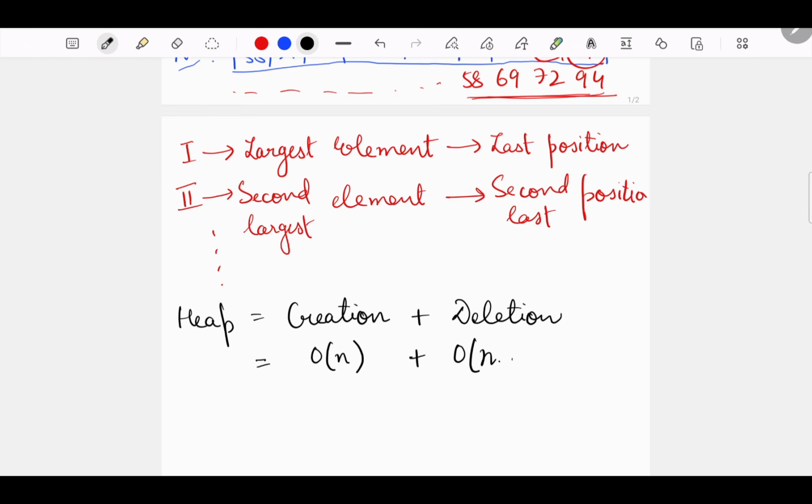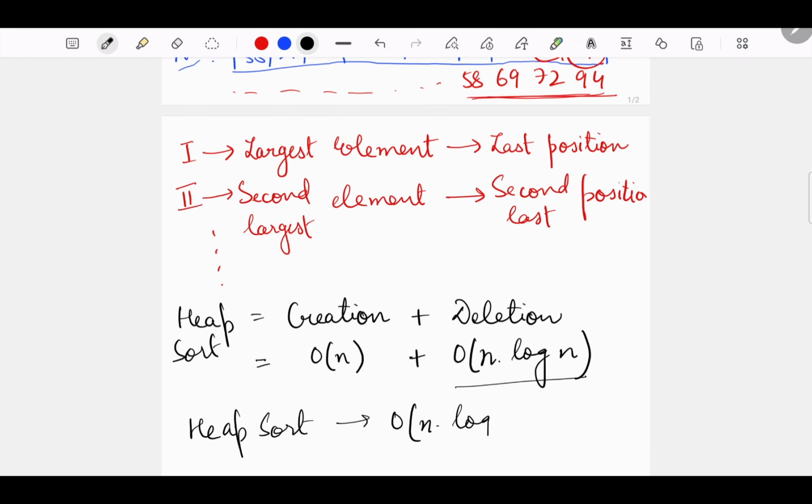We have already seen that deletion takes time n log n. N log n is higher, so we can say that for heap sort the time complexity is big O of n log n. And this is same across the best, average and worst case.